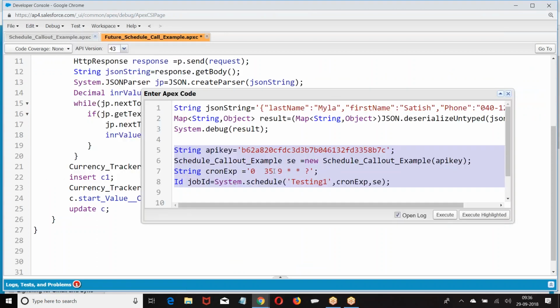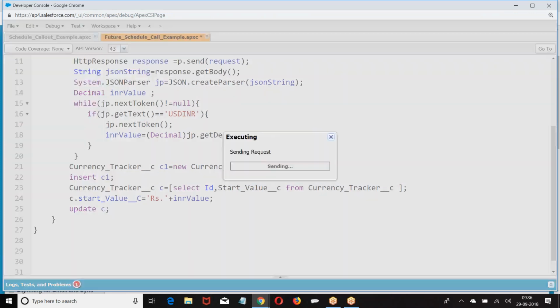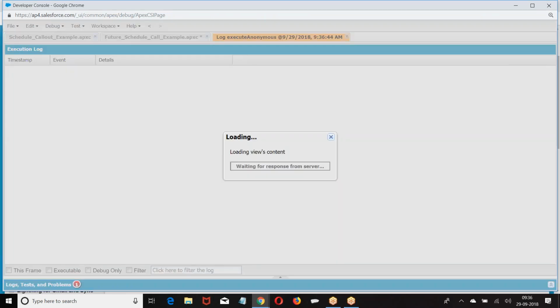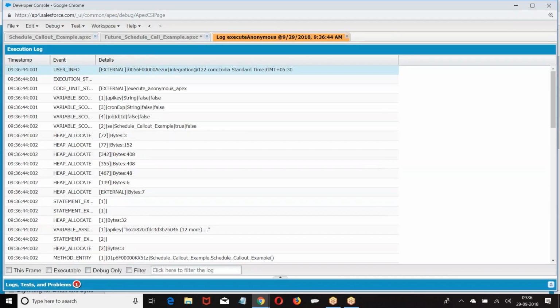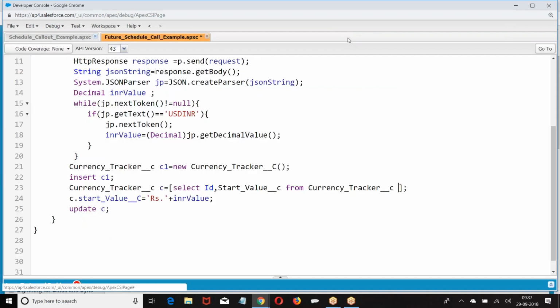Second one, when some job is in the pending state, you cannot modify the schedule apex or future method. Third one, if you want to call a web service from the future method, at the rate of future, callout equal to true should be given. Next, probable error: if you are trying to pass an sObject to a future method, there is another problem. These are the four web service related issues we encountered.